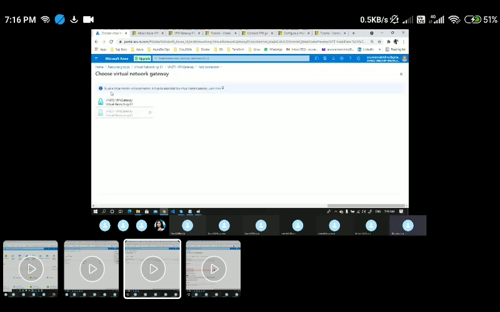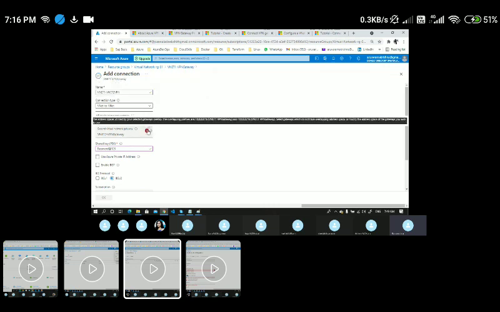It is giving an error saying that to use your virtual network connection, it must be associated with a virtual network gateway. I think it is not yet fully created. Okay, I'm getting the error that the address space utilized by your selected gateway overlaps. This is the problem, I told you. Whenever we create connectivity, the IP addresses should not be overlapping. Both the VPN gateways' IP addresses are overlapping, with overlapping prefixes 10.0.0.0/16.